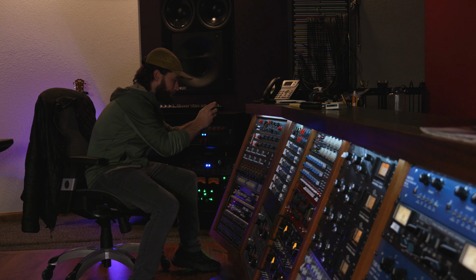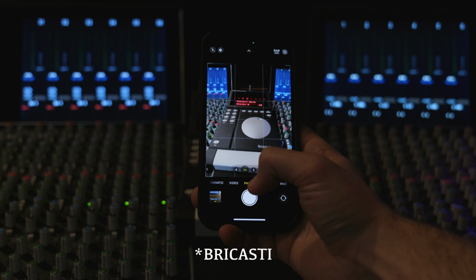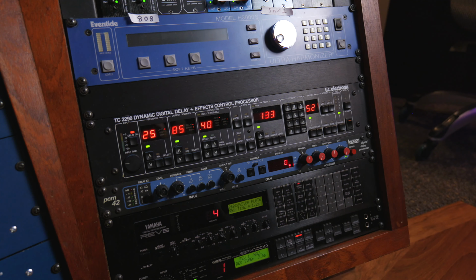I take one more step to ensure that I have everything backed up and ready to go. I take pictures with my phone of every single piece of gear. So I go through and try to get the best photo I can of every single piece of gear, and then I take a picture of the reverb settings inside of the Lexicon, the AMS, and the 2290. That way, in a worst case scenario where I completely need to restructure everything and my backup didn't work, I can get the mix up through the Total Recall on the console,